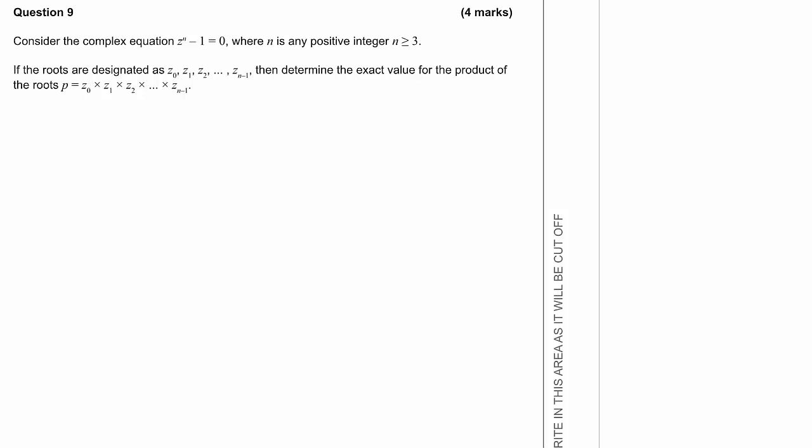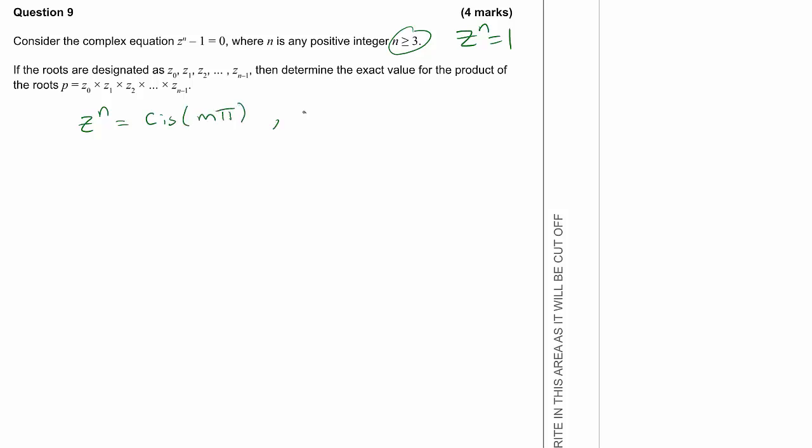Consider the complex equation z to the n minus 1 equals 0. So z to the n equals 1, where n is any positive integer 3 or greater. If the roots are designated as z0, z1, z2, and so on, determine the exact value for the product of the roots. So we have z to the n is equal to 1, which we could write as cis m